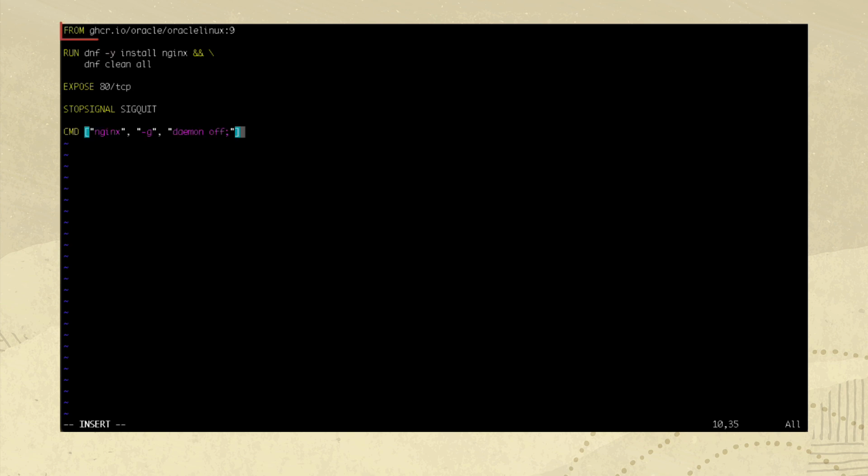The first instruction in a container file is the FROM instruction, which specifies the base image to pull for the new image. For this, we're going to use FROM oraclelinux:9. As this new image will be a web server, install the Nginx package. To accomplish this step, use the RUN instruction by typing RUN dnf -y install nginx